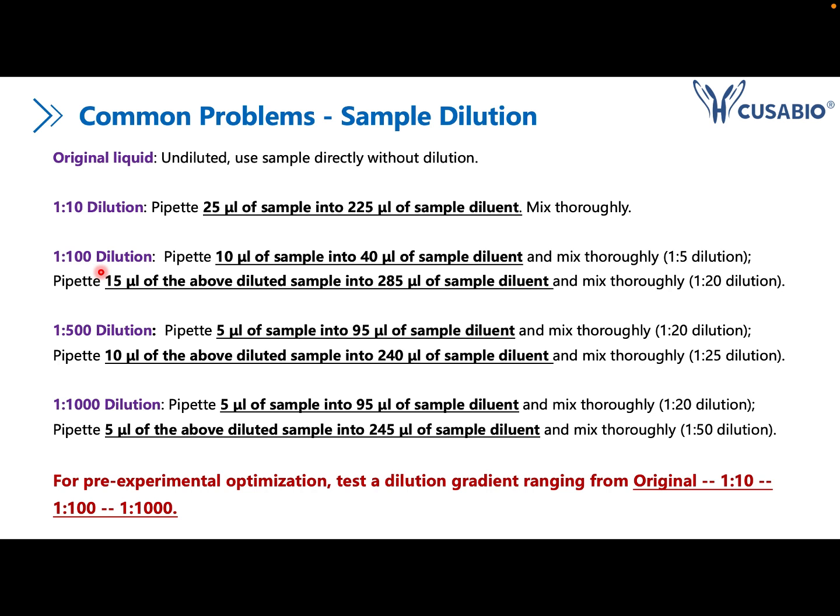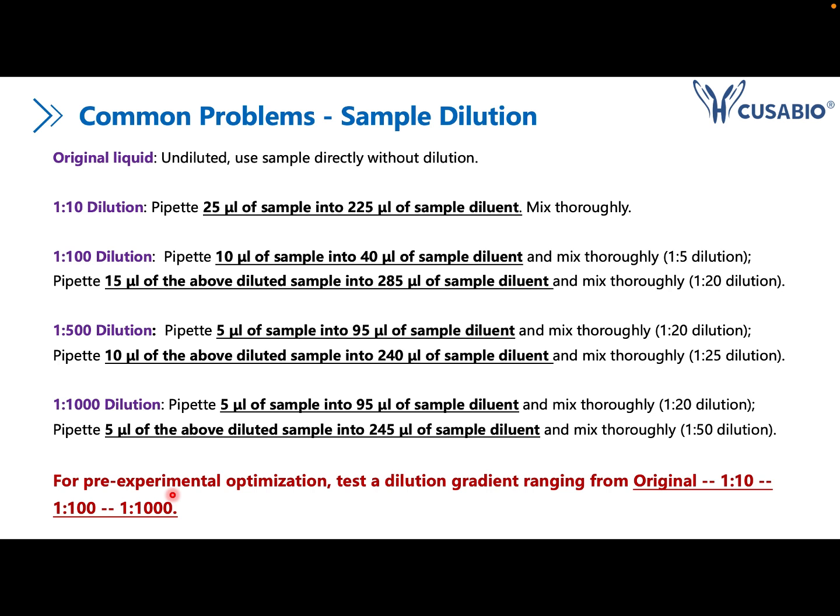So to have this one, it will be more accurate. So the same for the 1 to 500 dilution and 1 to 1000 dilution. Our suggestion is that if you need to do a pre-test, like a pre-experimental optimization, so sometimes you are unsure